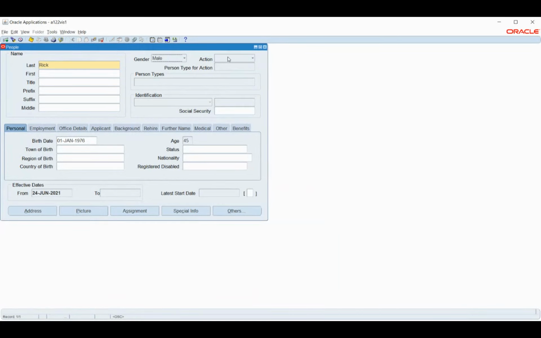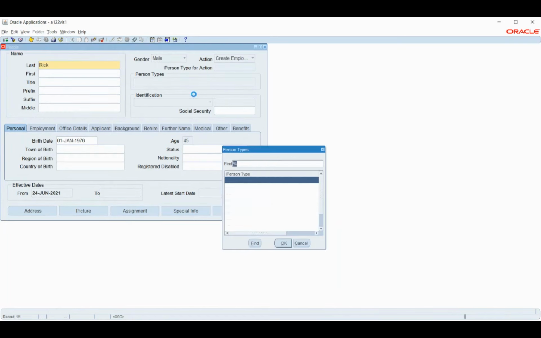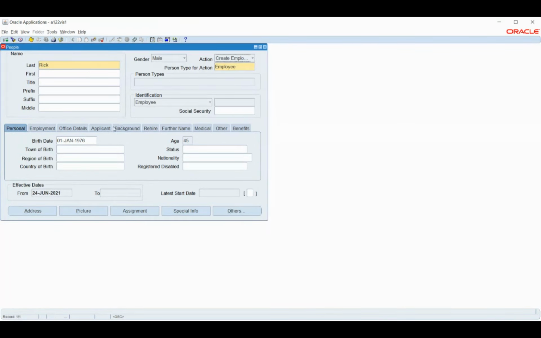So this basic information we have seen. So that is to have the employee created.